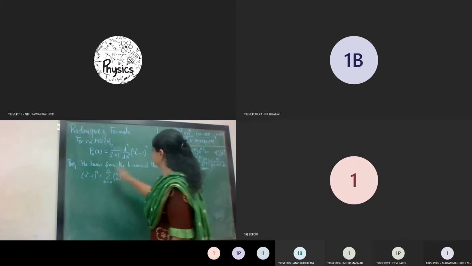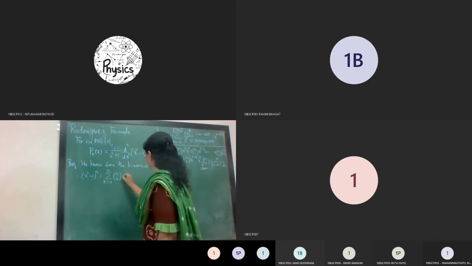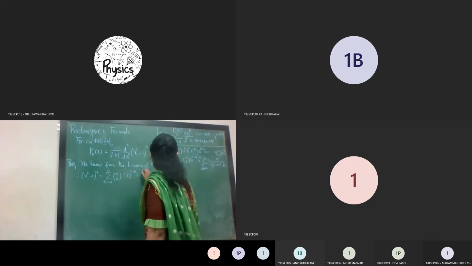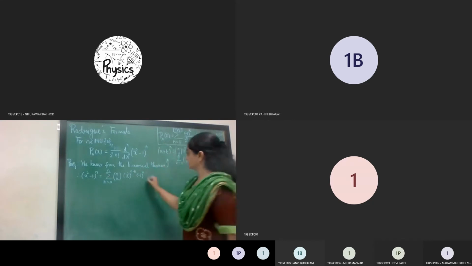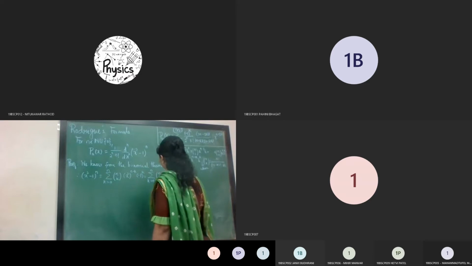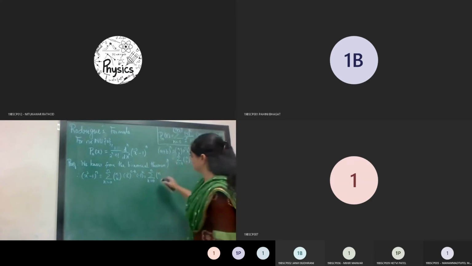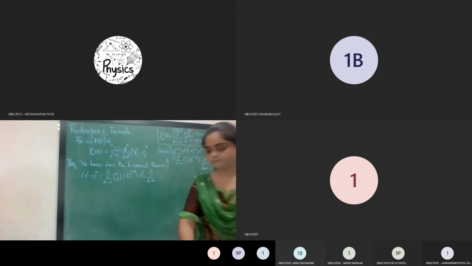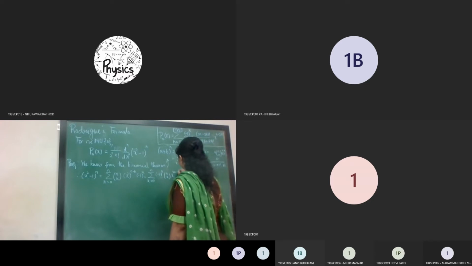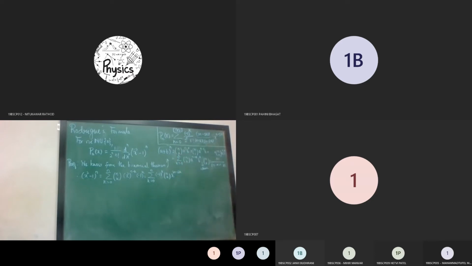Comparing the LHS on both sides, a is nothing but x square, so x square raised to n minus k, and b is minus 1, so minus 1 raised to k. So this is nothing but summation k is equal to 0 to n nCk. Let me write minus 1 raised to k first. So it is minus 1 raised to k nCk x raised to 2n minus 2k. This is from the binomial theorem.